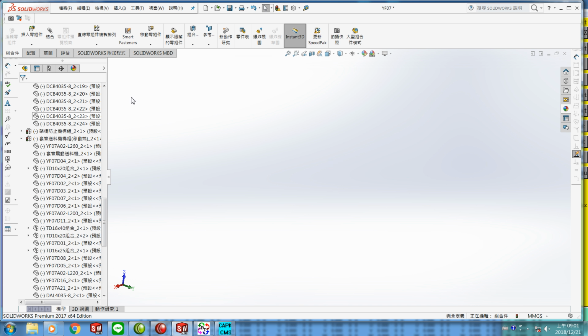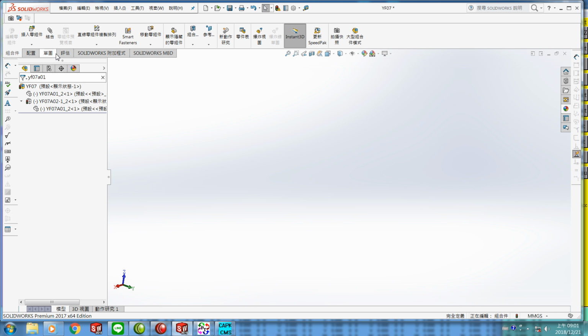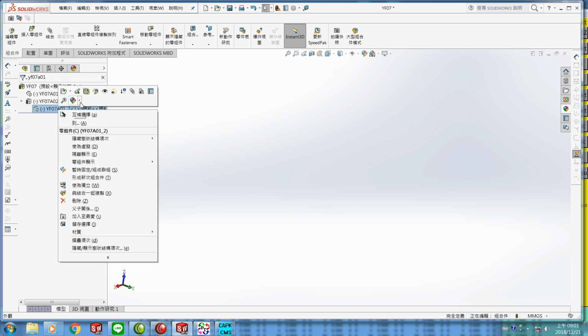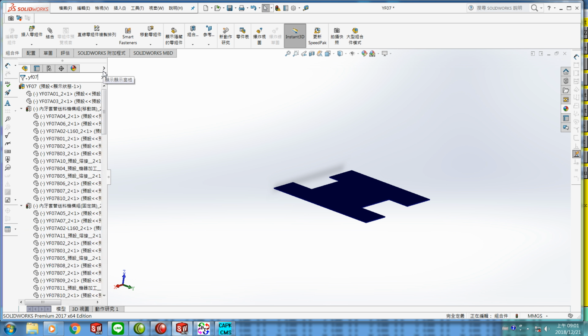Then we have to open the 3 components. The first one, type YF07 A01 and -2. Put a cursor on top of it and press the right button and pick the eye. You can see in here. This is the first component, and the second component we have to move